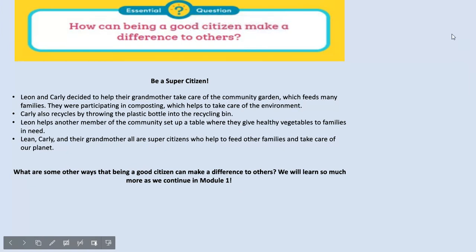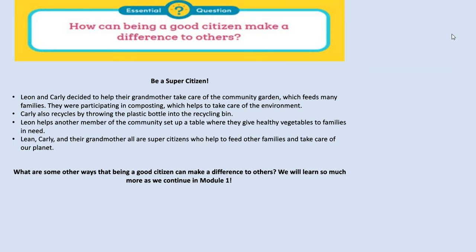In this video, Leon and Carly decided to help their grandmother take care of the community garden. They were on their way to the pool, but they decided to stop and do something kind for their grandmother. The community garden feeds many families. So just by helping their grandmother go to the community garden and water the vegetables and take care of the